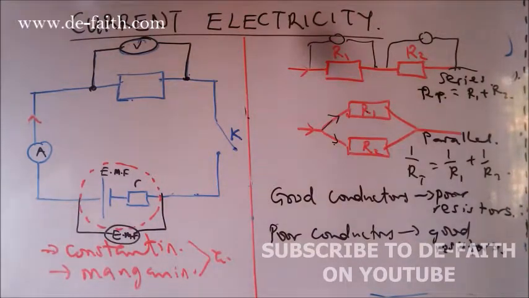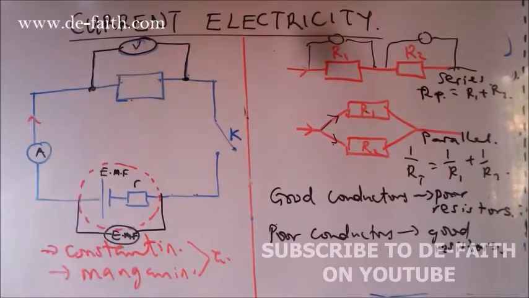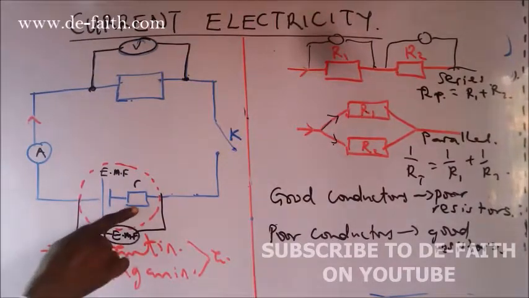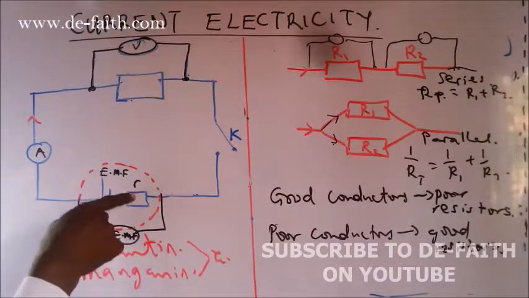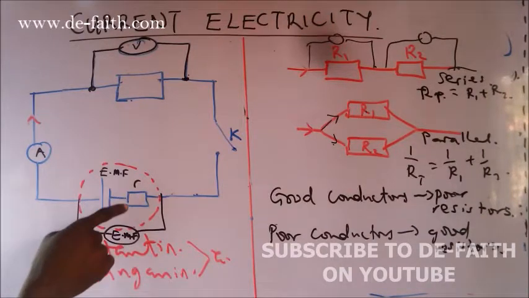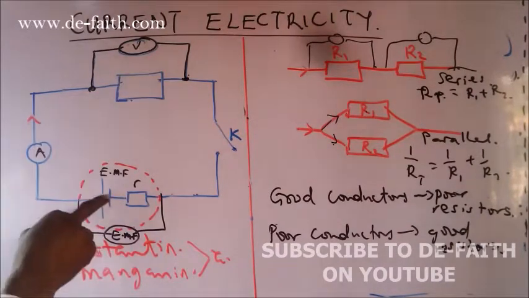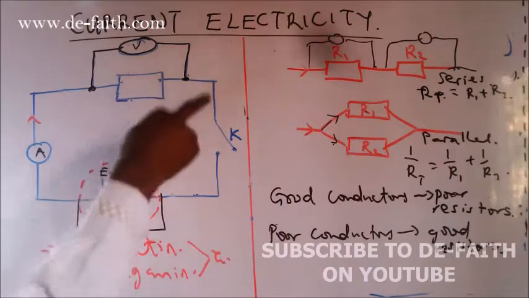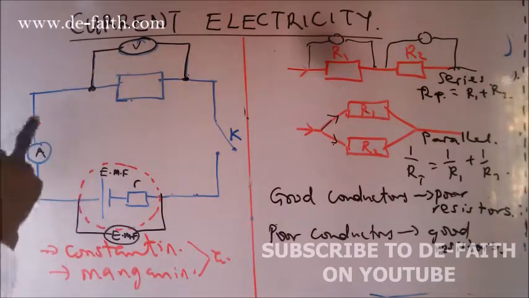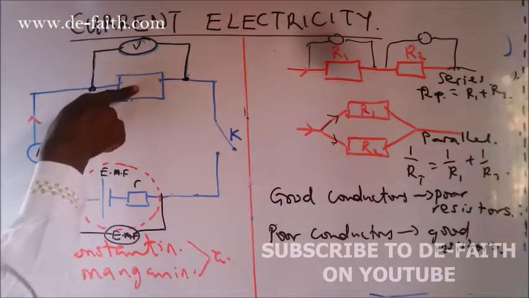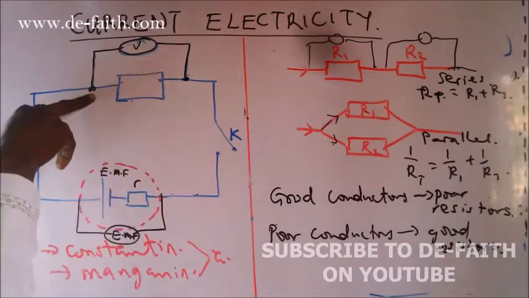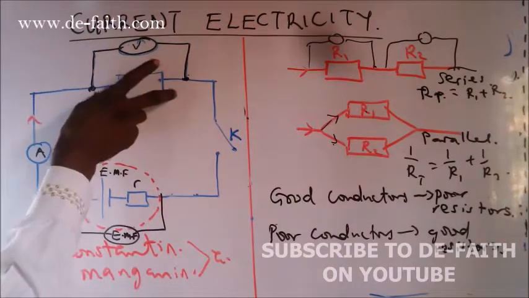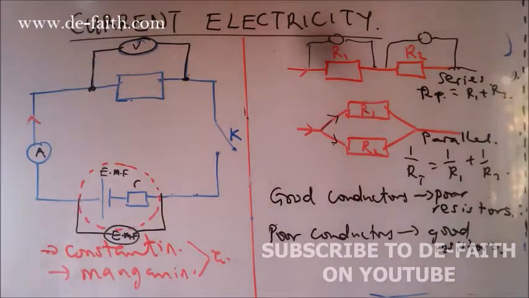We said that the EMF will be bigger than the potential difference. Why? Because this is the only resistor that we have in this. But when you consider that the current had to flow through this wire, the wire is going to pose some resistance to the flow of current. Likewise, this resistor. Because of that, the flow of charge will yield a lower potential difference.